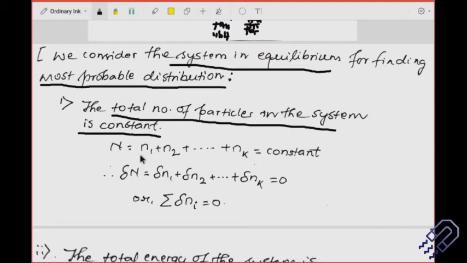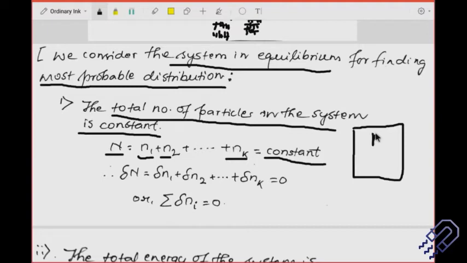So let's say there are containers, and then there are different sections of that box, 1, 2, 3 up to k sections. So we can say n1 plus n2 up to nk will remain constant. N might be the total number of particles, and these particles might be divided into various sections within the system. So don't get confused here. This might be the entire system, and it will have n particles, but then this system might be divided into different sections. It's possible to have equal sections, unequal sections, whatever may be, but they will add up and it will be a constant.